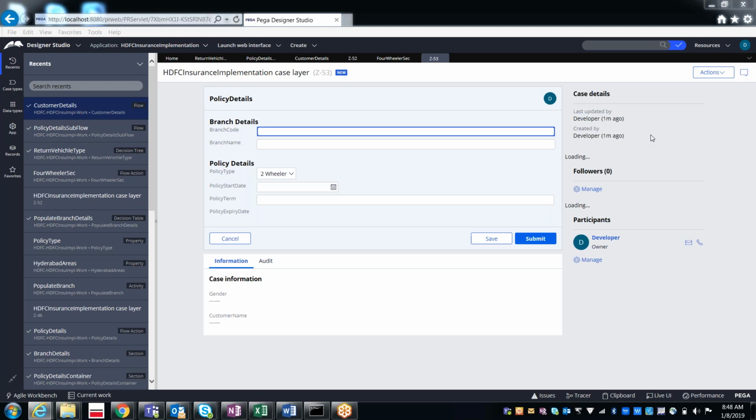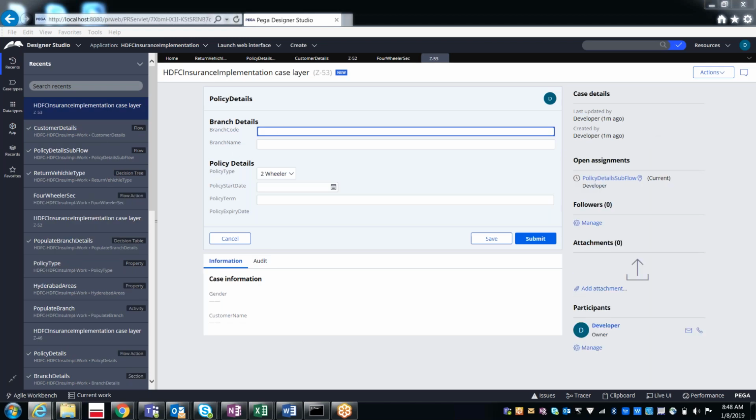As usual we got the policy details only. Then where is the add attachments action? The local actions we can see under the actions menu here.